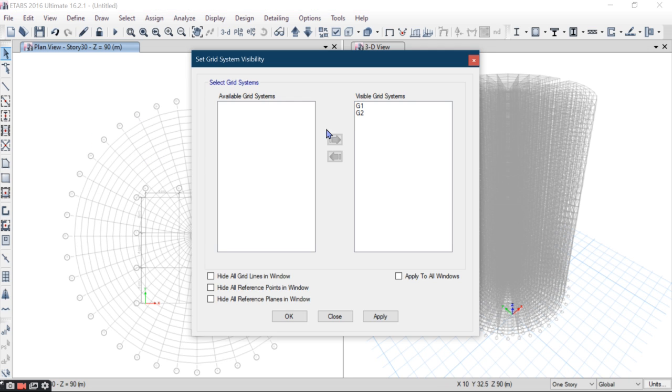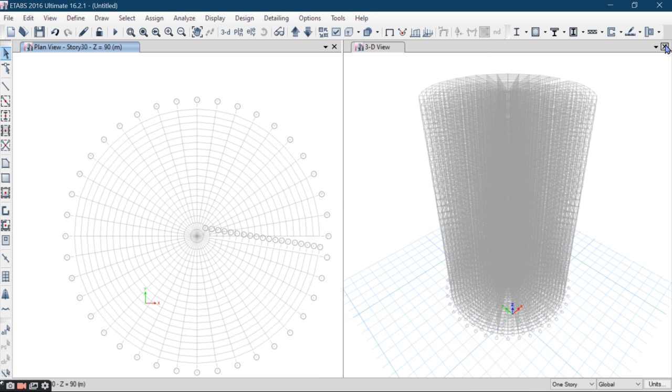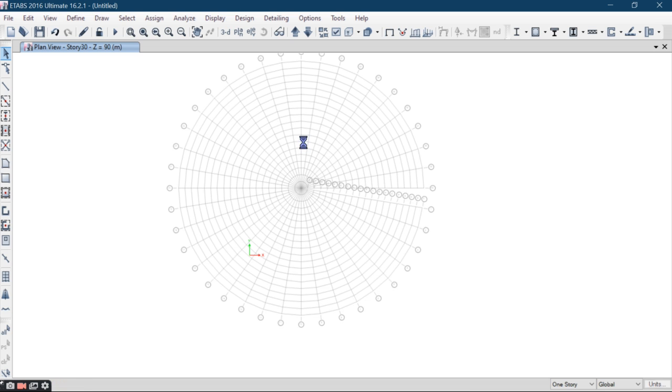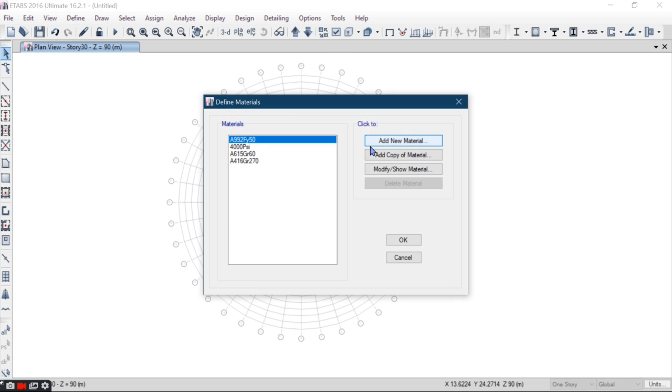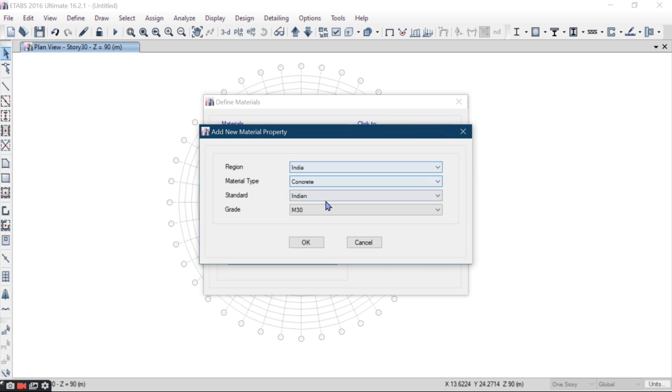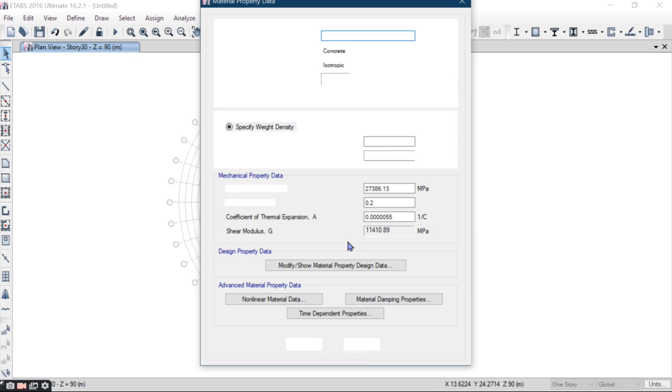So set grid system visibility. I am hiding the previous grid, the rectangular grid. So as you can see, we have made the grid. Now we will define the member properties. First I will define the material properties. So add new. I'm choosing M30 grade of the concrete,